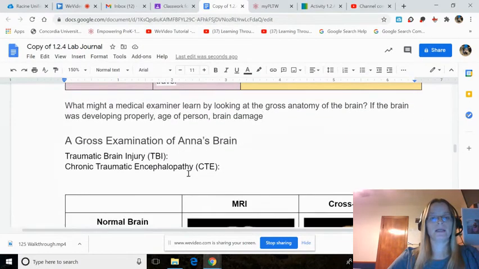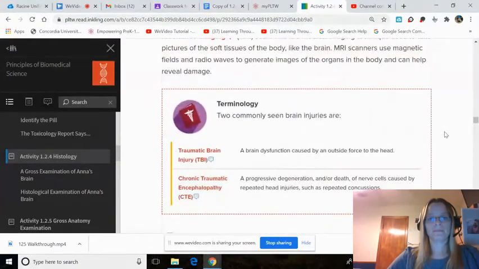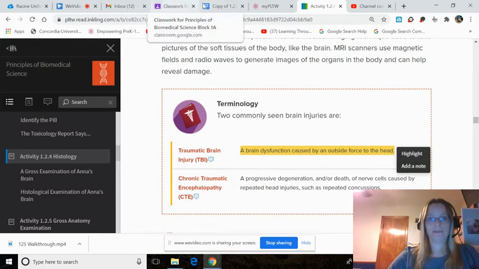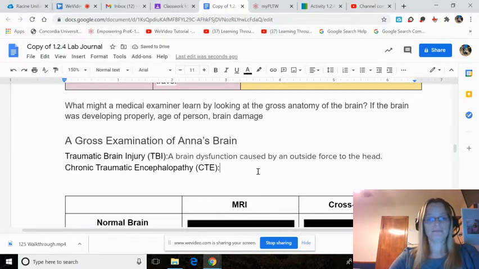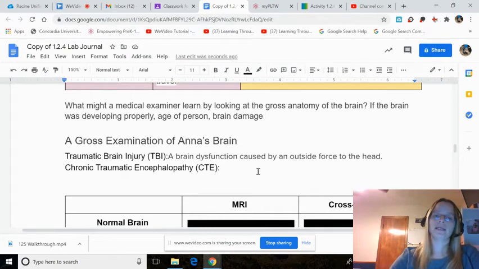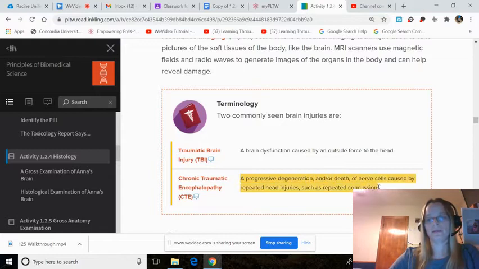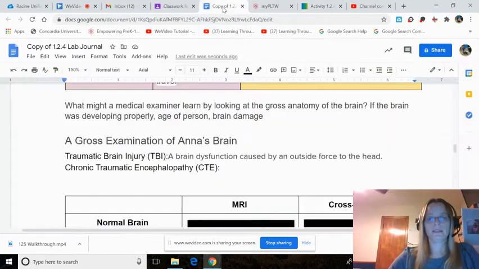All right, so let's look at a gross examination of Anna's brain. Traumatic brain injury and chronic traumatic encephalopathy. Traumatic brain injury: a brain dysfunction caused by an outside force to the head. Chronic traumatic encephalopathy: a progressive degeneration and or death of the nerve cells caused by repeated head injuries,